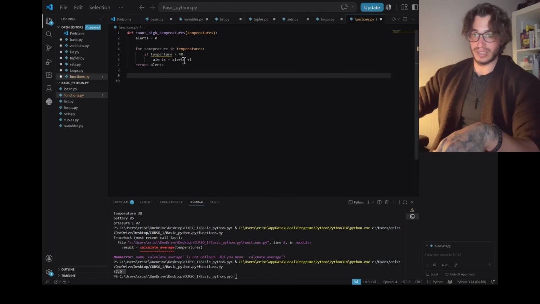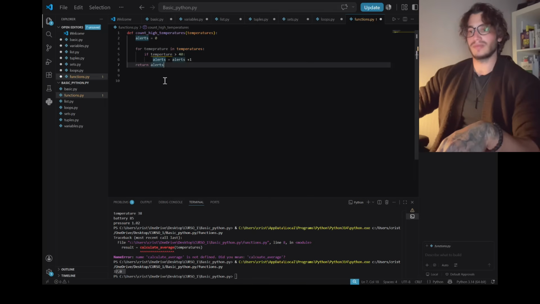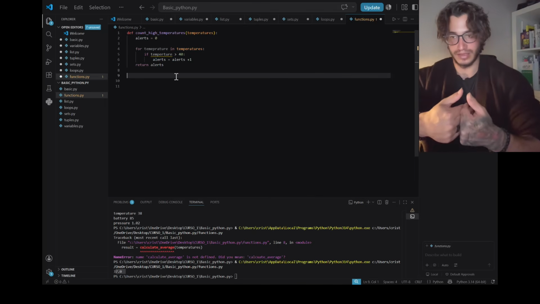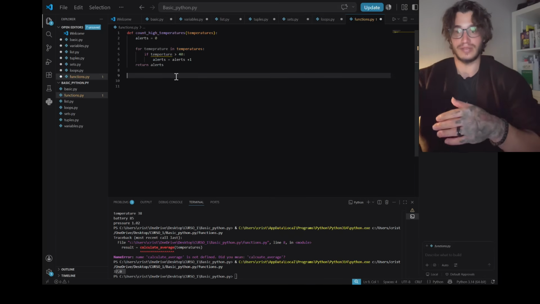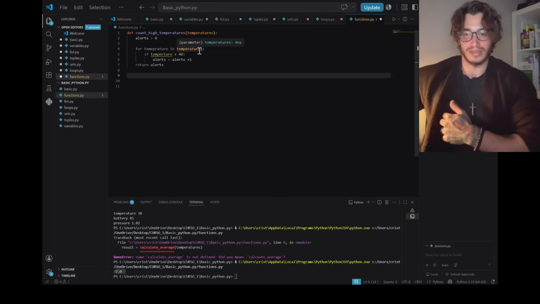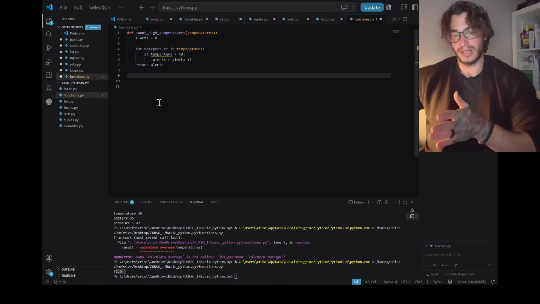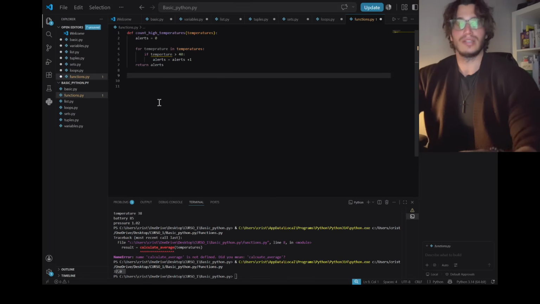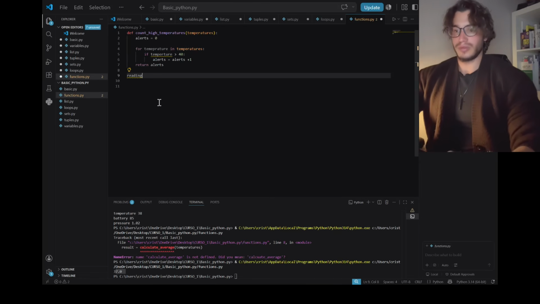In this case we want alerts, to see how many alerts we can make. So return the alerts, and now we give the argument, because we don't have an argument yet, we only have parameters, and it has to work with an argument that later will be assigned to the parameters. And now we create a list which is gonna be readings,